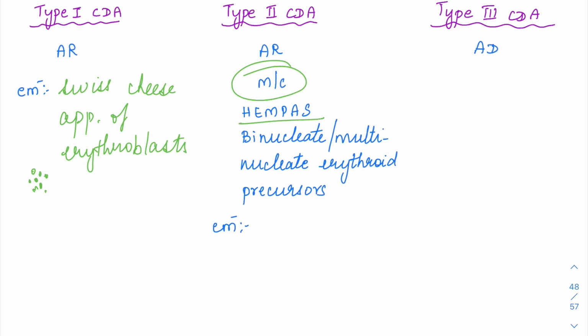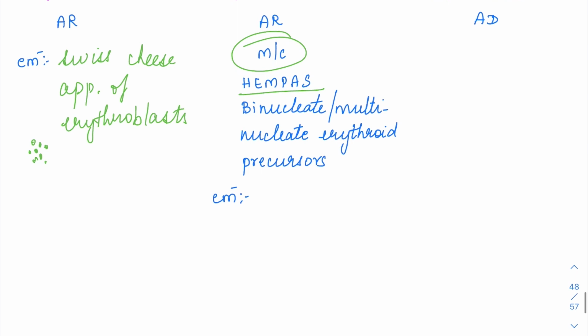So HEMPAS, actually, it is going to give a positive reaction like that of a PNH. Because of that, it is given this name. So you don't have to remember this again: Hereditary erythroid multinuclearity with positive acid serum lysis test. Okay. So this is also called HEMPAS, and the characteristic morphology here is going to be multinucleate and binucleate